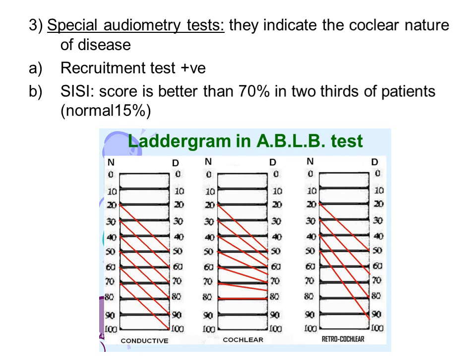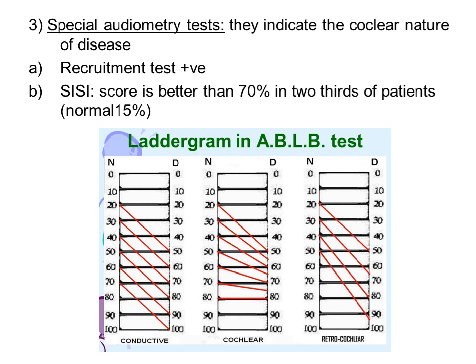So now if you go on increasing the loudness on the normal side, you make it 20 to 30. Similarly, the same amount of increment you get in the diseased side. Okay, 30 to 40, here it comes from 70 to 80. So similarly, if you go on increasing by 10 decibels, you will get increases of 10 decibels even on the diseased side. Whereas in cochlear type, if you see the graph very carefully, initially there is a difference of 30